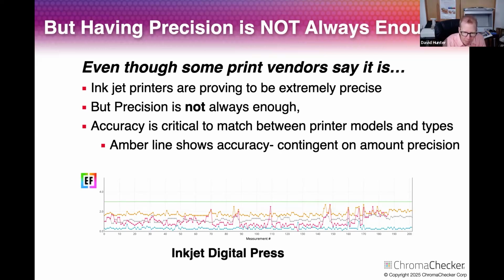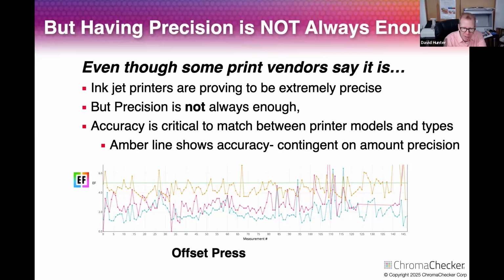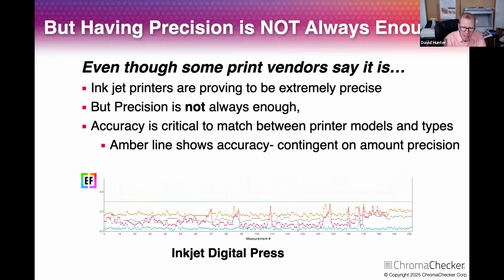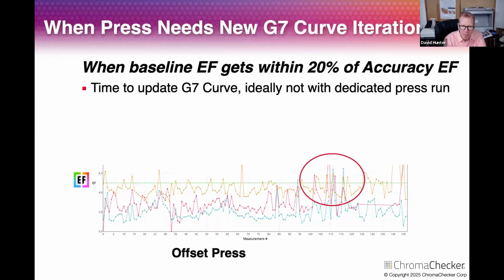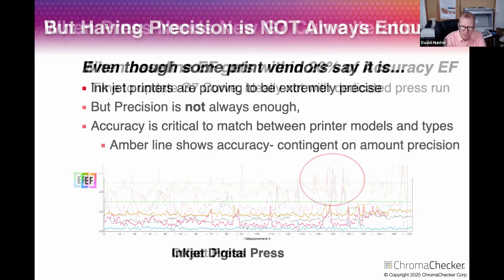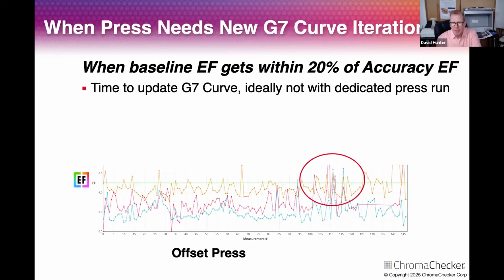You can see both the blue and the red lines. And by the way, these are in scale. So if I go back, here's the offset press, here's the inkjet. These are in scale. This inkjet is 3 times more accurate than the offset press. So quite interesting here. Now, not all inkjet presses are like that. This is one make and model that I found to be super good, but not all presses perform that well,